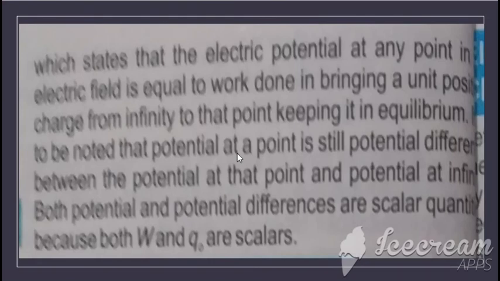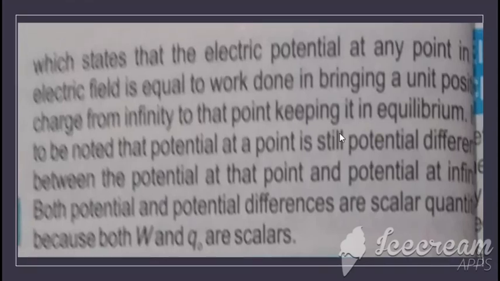And further, a very important factor, because 1 volt is equal to 1 joule per coulomb. Work is also a scalar quantity and charge is also a scalar quantity. This can also come as a short question: why are potential and potential differences scalar quantities? Because they contain both work and charge in their formulas, and both work and charge are scalar quantities, so potential and potential differences are scalar quantities. And for the description of potential differences, only the difference in potential is important. This is all from today's